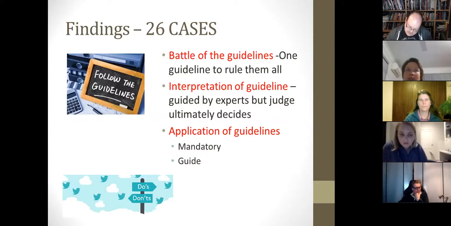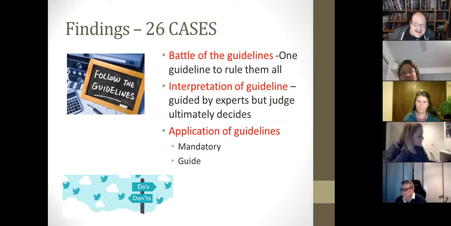For example, there was one expert who said that he would have waited for a CT scan before doing a lumbar puncture and giving antibiotics, and the judge decided to disagree with him, and said the guidelines say you should give antibiotics as soon as possible, within 30 minutes. So the judge decided that he wouldn't want to wait for a CT scan to be done first for the patient. So it turns out that he's actually reading the guidelines and deciding what they mean for himself.